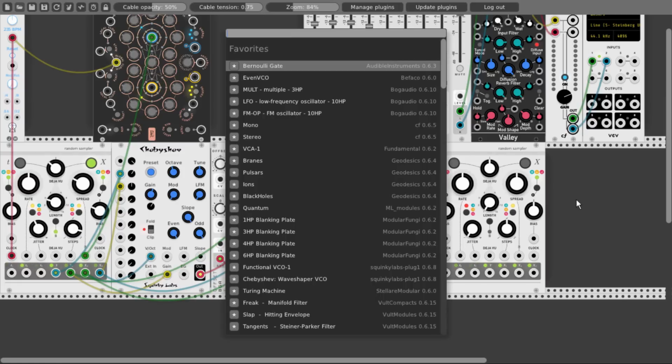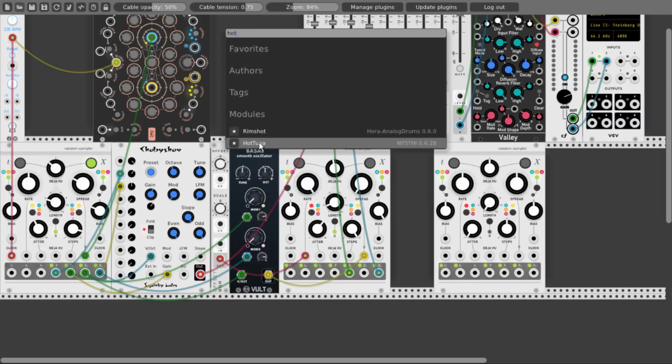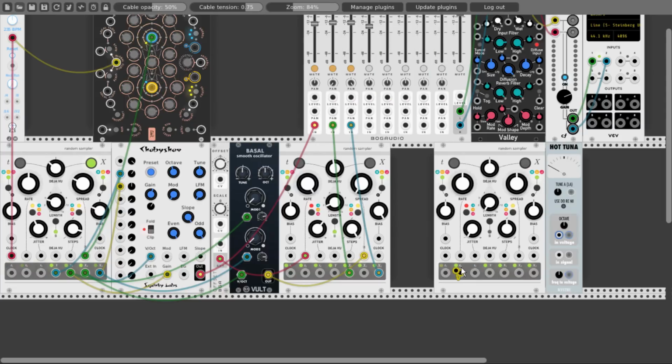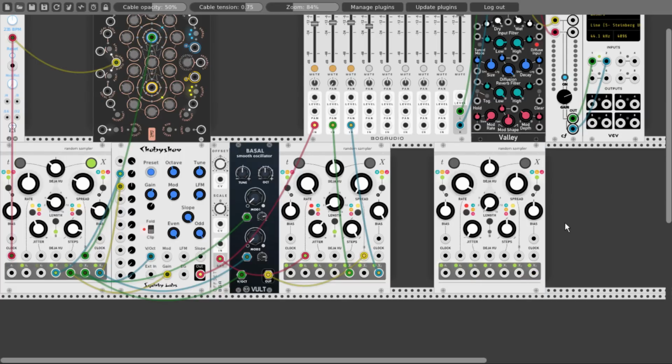So let's use Hot Tuna from Nischi, which is a tuner, and send the T2 output to the tuner. And now we can tune the note or raise the rate until we go to C3. And of course, you can tune it to any note you like, but in this case, C3 works just fine. So let's get rid of the tuner. And now we can send pitch information to its rate CV input from the X2 output of the first Marbles. And this rate CV input will follow 1 volt per octave, so it will stay in tune.